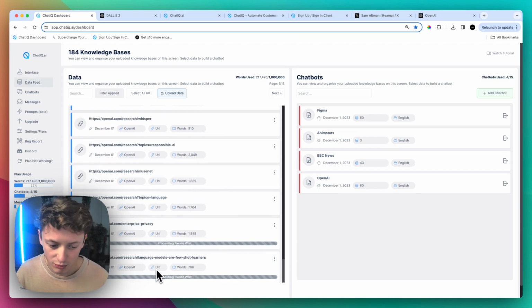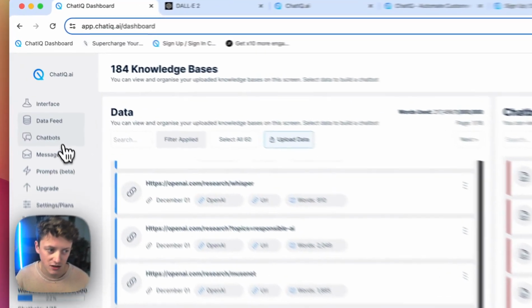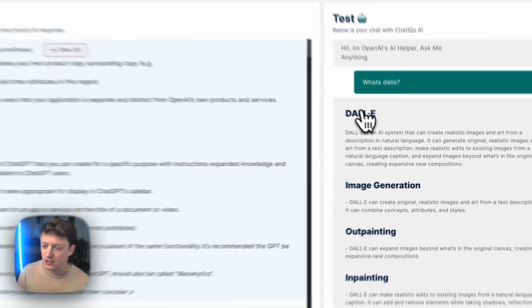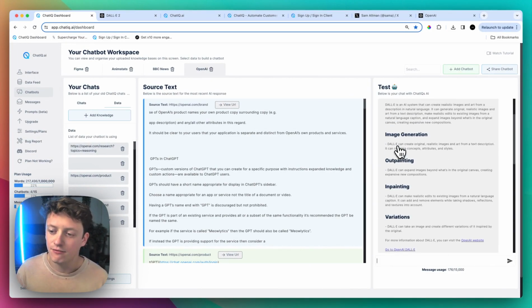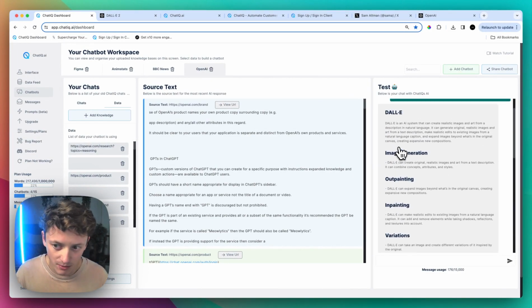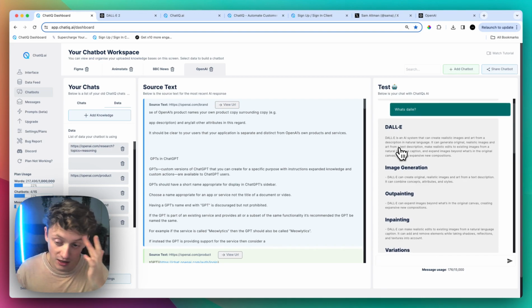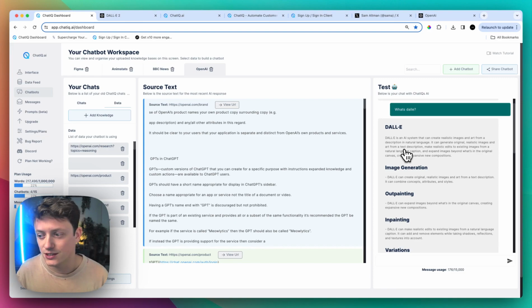And some of it's still processing, but I'm already able to start chatting with this chatbot and testing it out. So you can see here, I've asked it, what is DALL-E? It's come back with a very nice and easily formatted response, which is obviously the most important thing with the AI chatbots on your website. You want people to be able to understand the responses easily and to be able to digest that information quickly